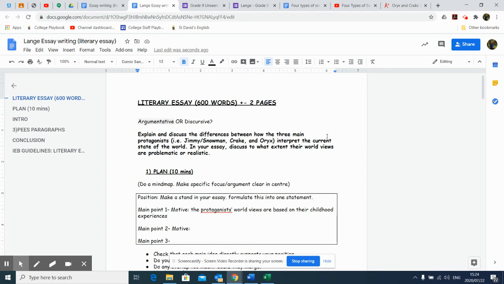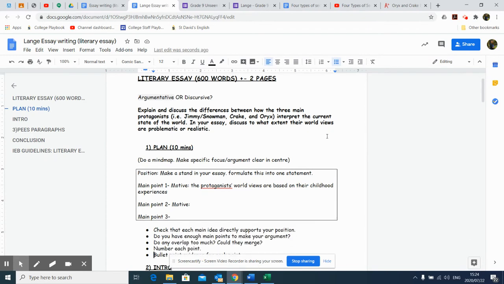Okay, so already the hint here is that it says discuss. So you already know that you're dealing with a discursive essay, so you're not necessarily going to pick a side and disprove any other side. And I thought that this was going to be necessary because we're looking at three different worldviews. And I think that you would have more to say if you're discussing all of them as opposed to arguing all of them. Okay. So you are going to need to take about 10 minutes just to plan